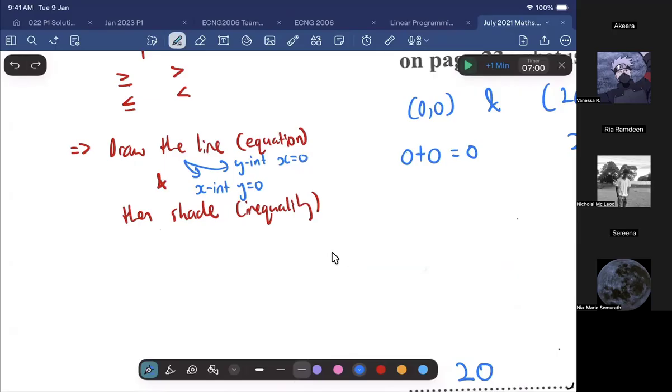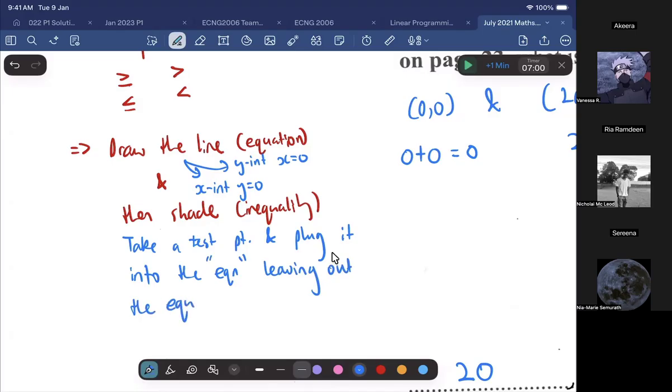How do you know which side to shade? You find your test points. Take a test point and plug it in. You're going to plug it into the equation in quotes, but you're really going to leave out the equal sign. So take a test point and plug it into the equation, leaving out